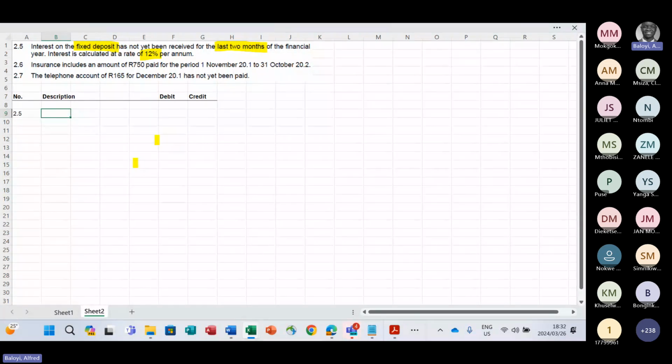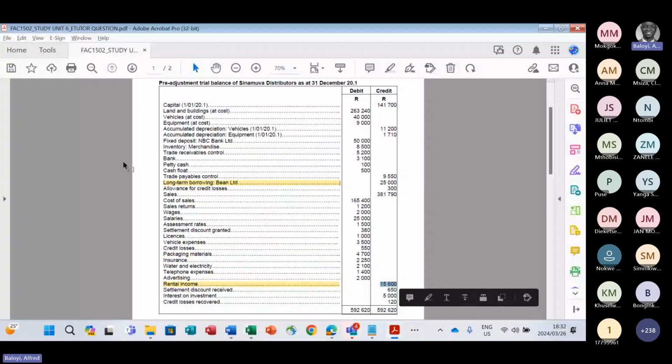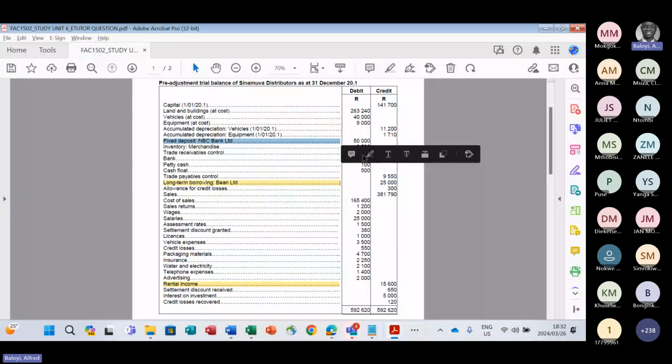So when you go to the trial balance, you are looking for the fixed deposit and the 12 months that is outstanding, right? So you go here on your trial balance, you're looking for it. It should be a debit amount because it's an amount that we saved. It should be an asset. So it's this 50,000, and then interest on investment, this 5,000, but it won't matter for now. This 5,000 is for 10 months, the 2 months outstanding. So okay, but don't focus much on this. Let's focus on the 50,000.